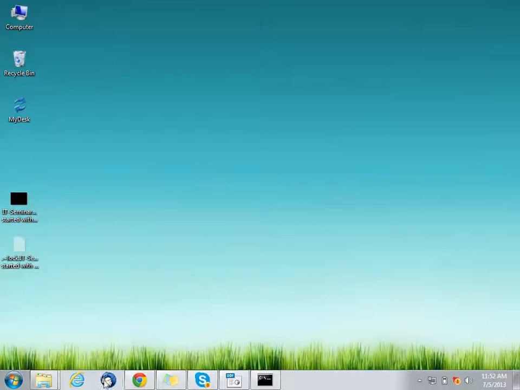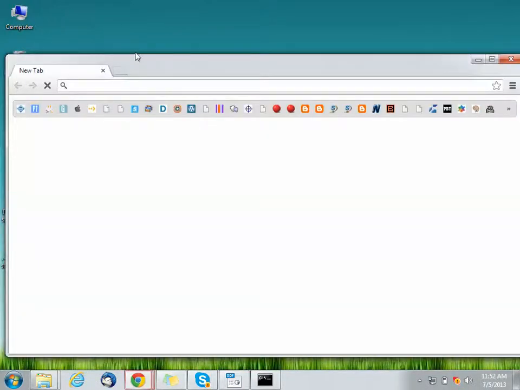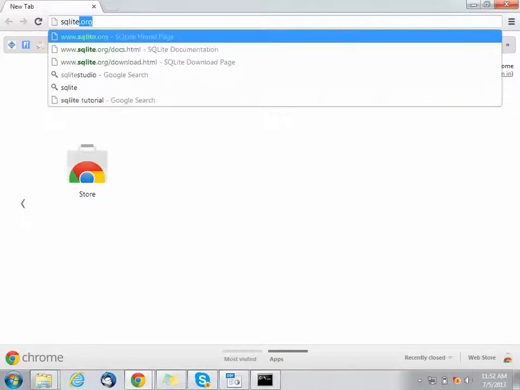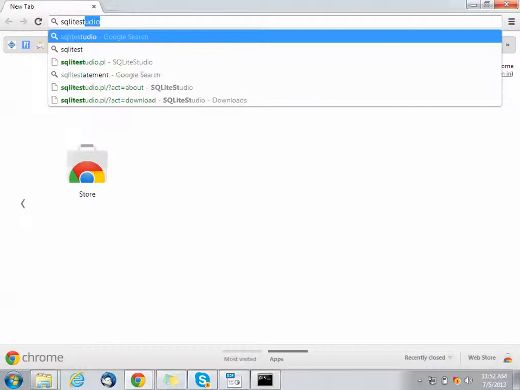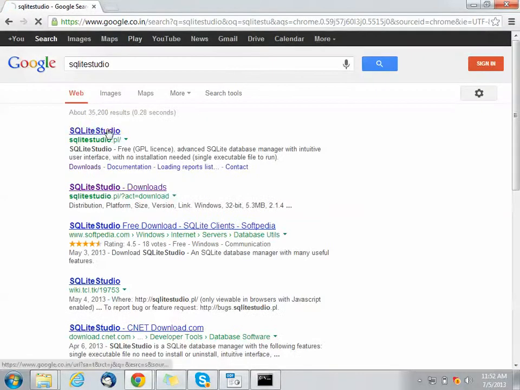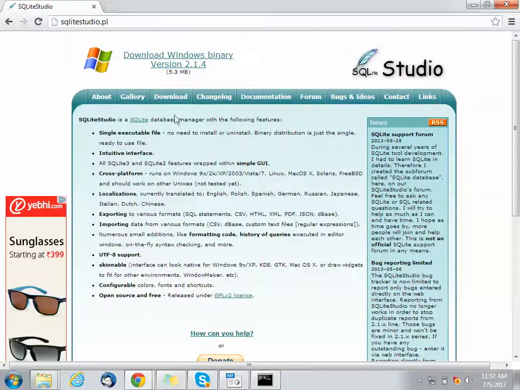So let's download a database manager for this, which will give us some graphic interface. SQLite Studio, and we'll go to download.